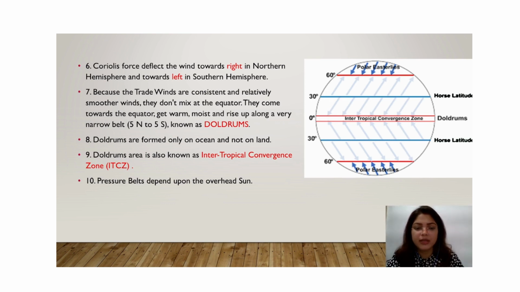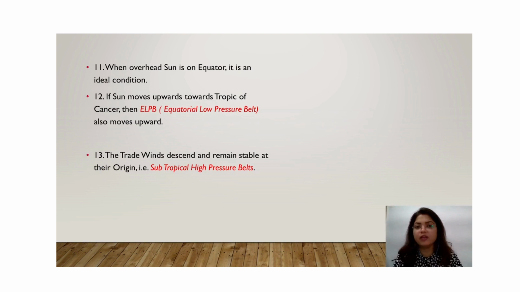Doldrums, also known as intertropical convergence zones, and pressure belts depend upon the overhead sun. I have explained each and everything, why this is moving upward along with the sun, why it's coming back to its regular position because of the sun. If the sun moves upward towards the Tropic of Cancer, then the equatorial low pressure belt also moves upward. The trade winds descend and remain stable at their origin, that is the subtropical high pressure belt. I have told you this, that wind at 30-degree north, or horse latitude, starts moving from 30-degree north towards 0 degree, or high pressure towards